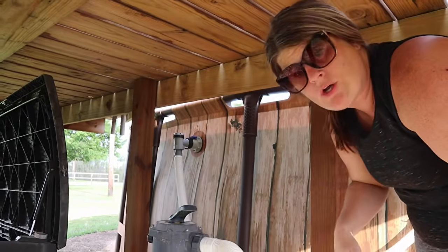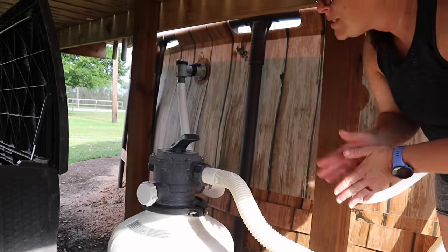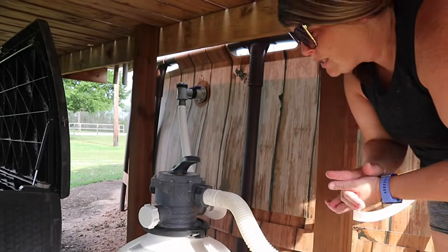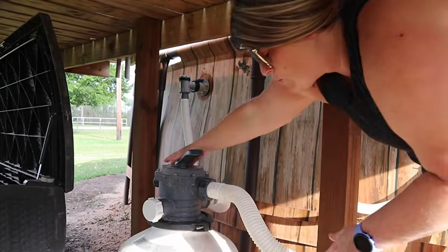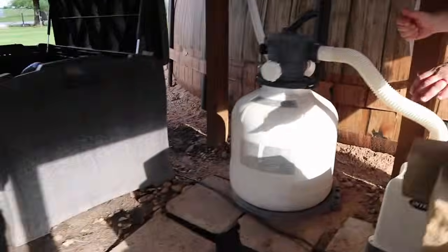Anyways, okay, so today I'm going to show you how to backwash. You're going to backwash this once a week. It's going to clean out all the debris that it's collected. You're also going to want to watch on this side over here, it has a pressure valve. You're going to want to watch it. I try to keep mine,